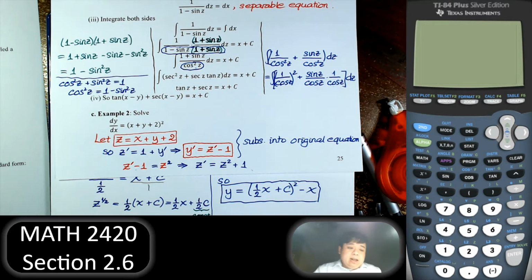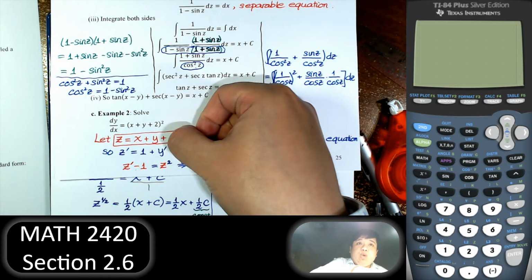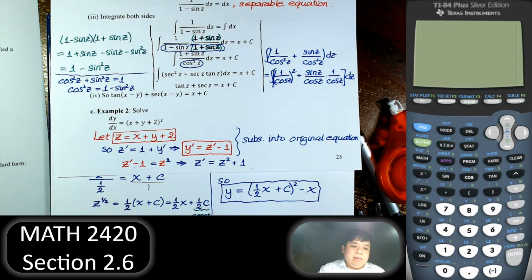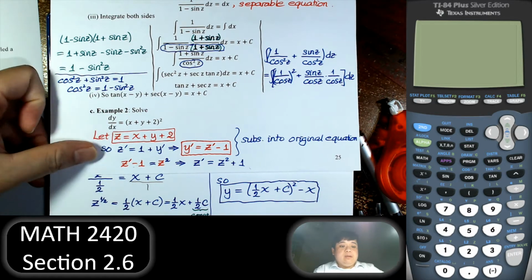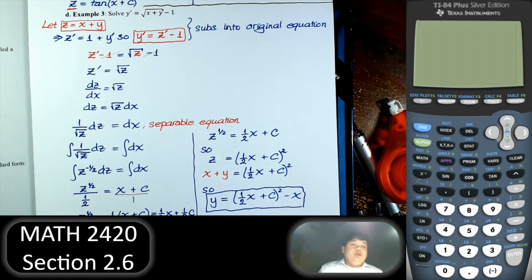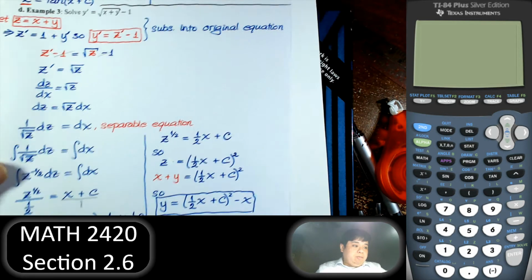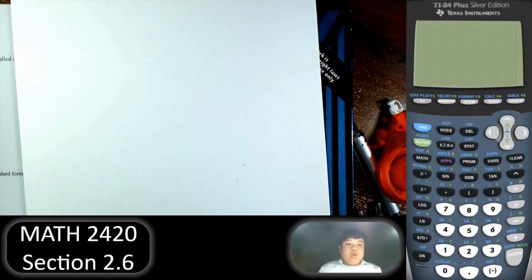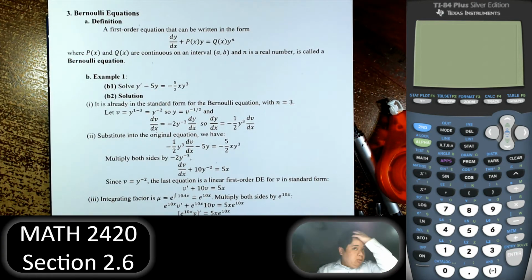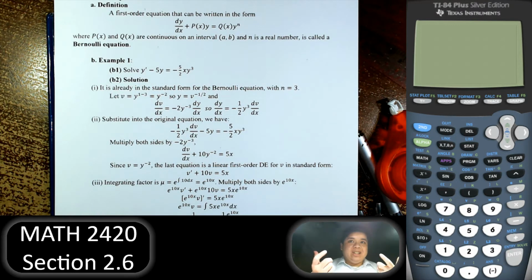But I said it can be a linear combination, and then it could add a constant to it too. When that is the case, do the substitution, and then where there is a homogeneous equation or the substitution, if we do that correctly, we should have a separable equation. Separable equation should try to separate the x and whatever the variable is, dz or dv, and then integrate both sides. At the end, make sure that we write everything in terms of x